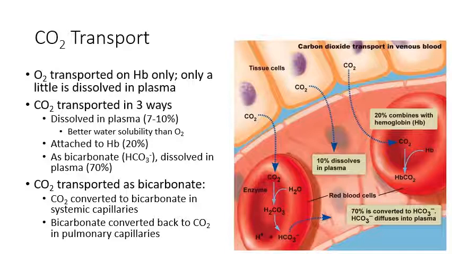Because it has a strong water solubility, it can actually just travel dissolved in the blood directly. So 7 to 10% of the carbon dioxide that your tissues make will just travel dissolved in the blood. Another 20% is going to enter the red blood cells and attach to hemoglobin to make carbaminohemoglobin, and it'll travel that way. And then the rest of it, about 70%, is going to enter the red blood cells